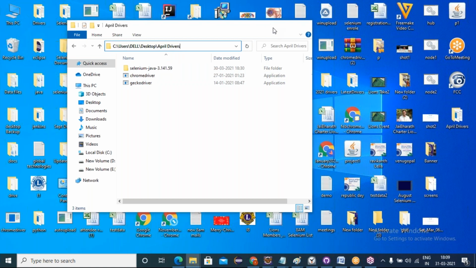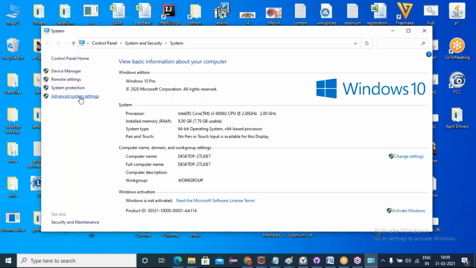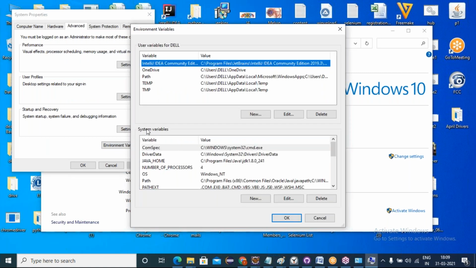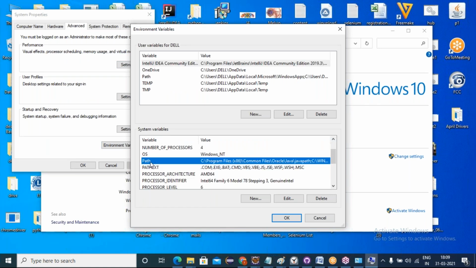Copy this, and right click on This PC, Properties, Advanced system settings, Environment variables. There, in the system variables section, there is one variable called Path. Just select this and double click.